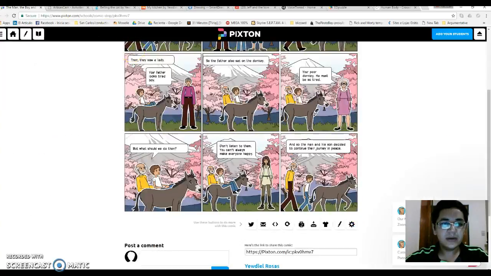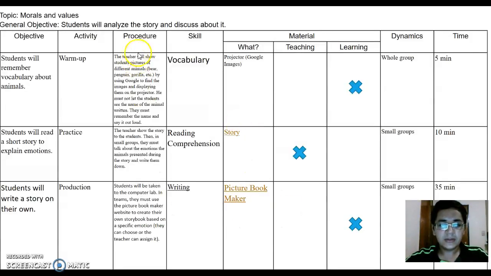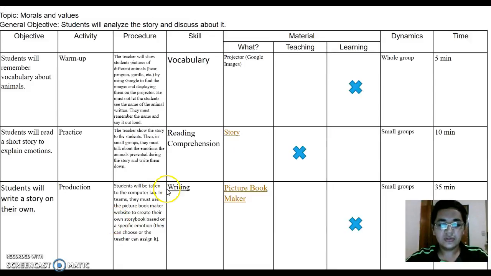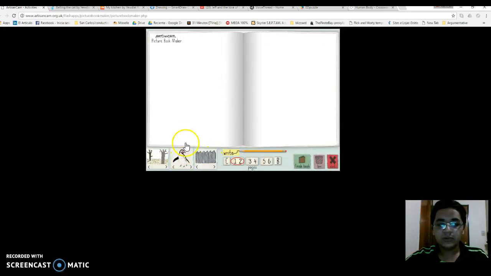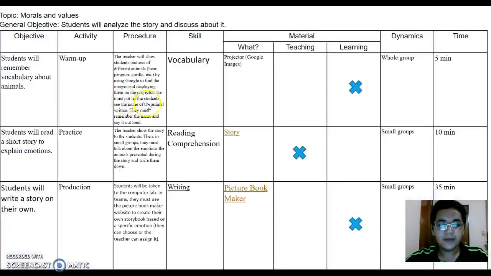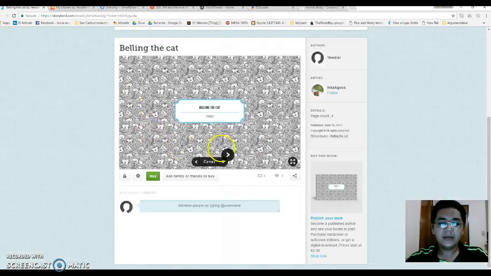Then for the next one, they're going to be using this software. They're going to see examples of a story done using this, and at the end they're going to choose an emotion, and they're going to portray it in a story created using this software. And finally, they're going to be analyzing this story,